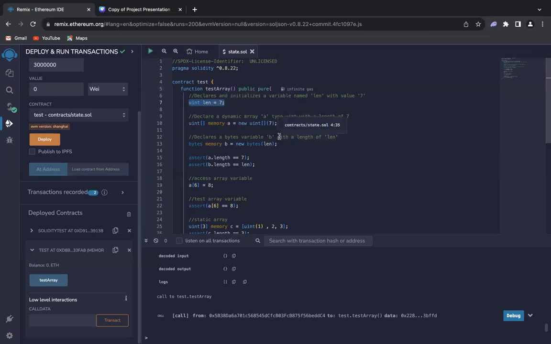Okay, so without wasting much more time, if you look at it closely, the bytes with variable b, we declared it with a length of len, which carries 7 bytes, right? Now we assert